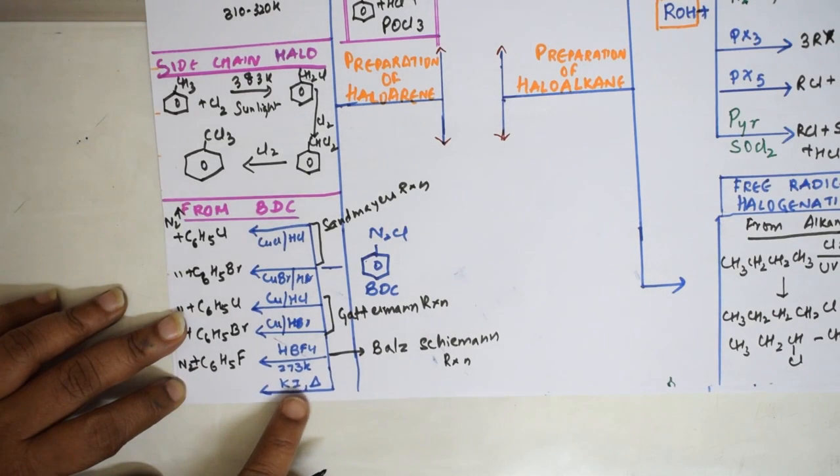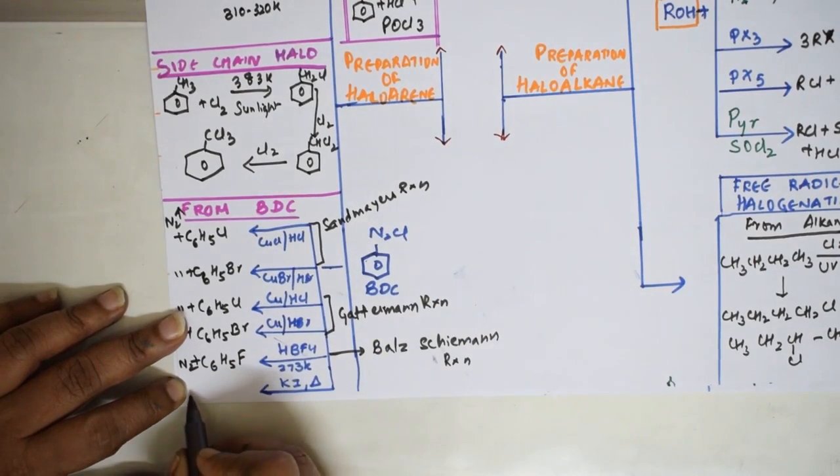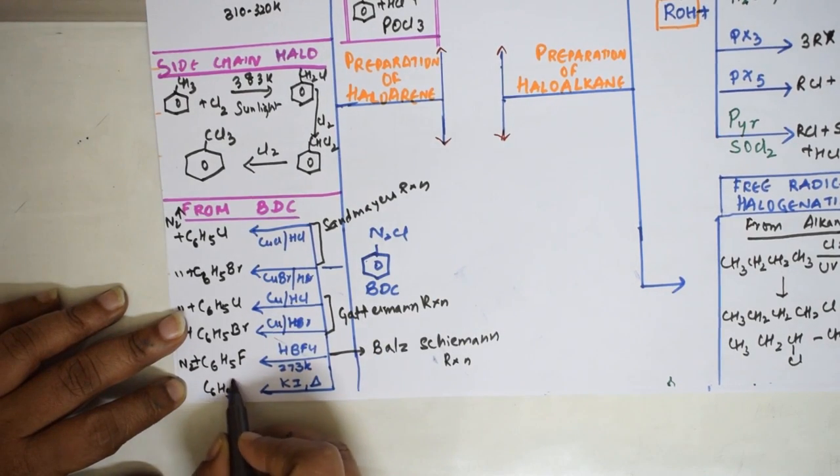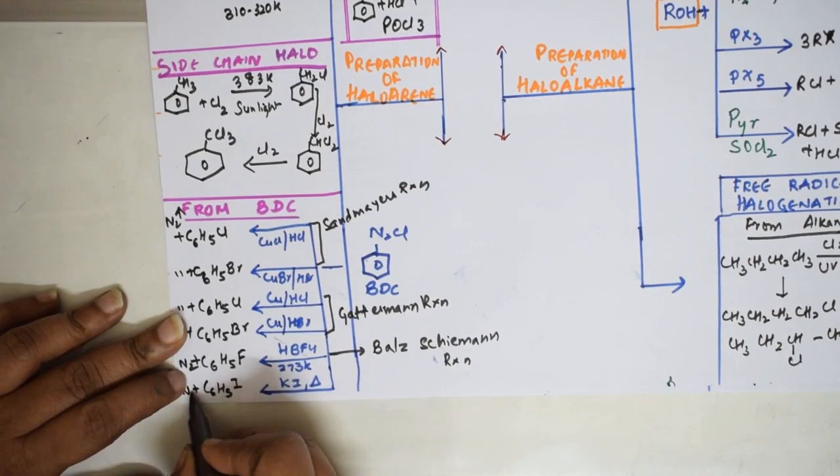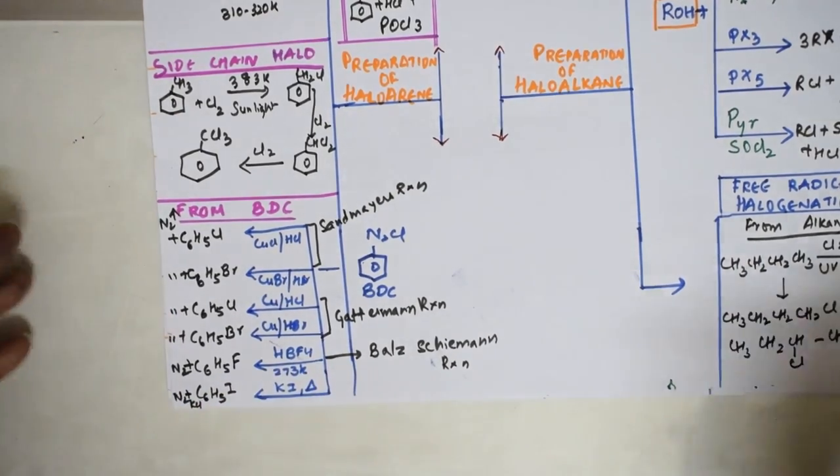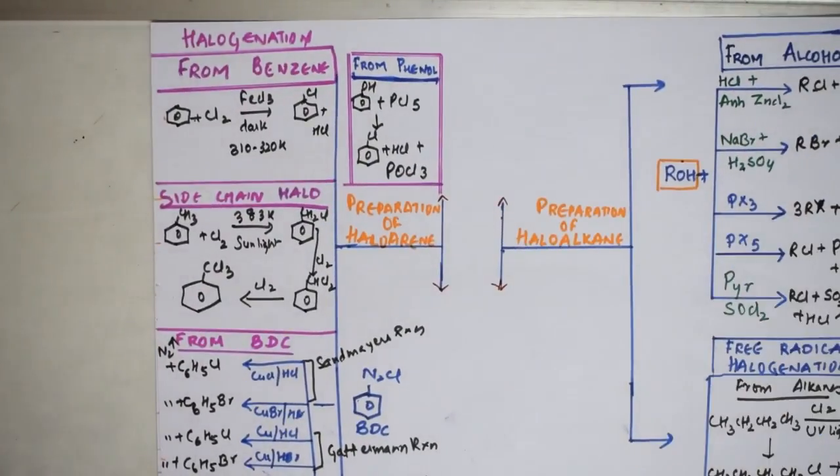Next, potassium iodide. Simple. Here the nucleophile is I. I will go and replace Cl. So what do you get? C6H5I plus N2 as usual, and KCl is released here. Simple, students. So these are all the preparations